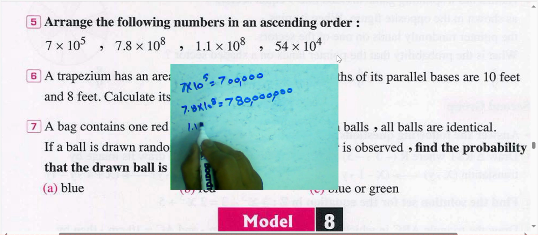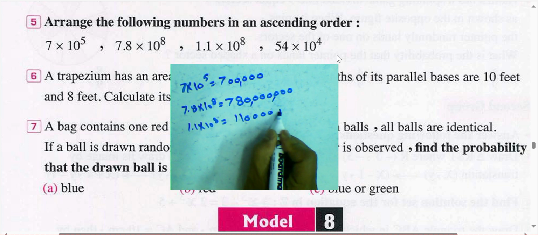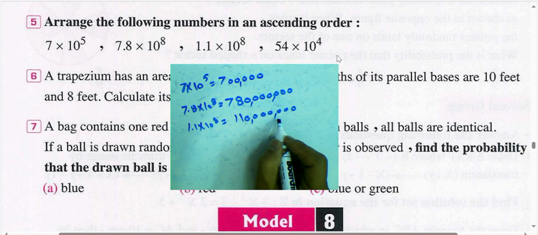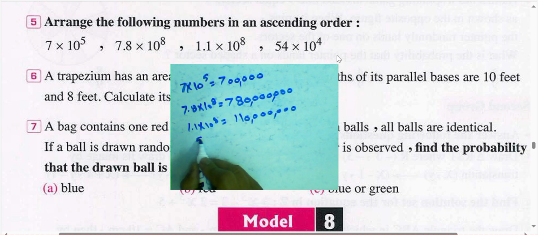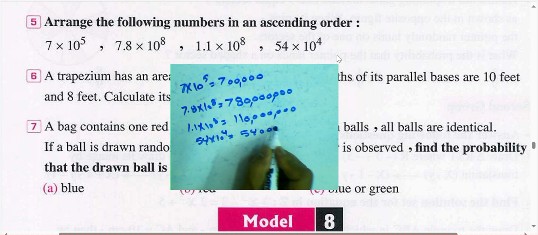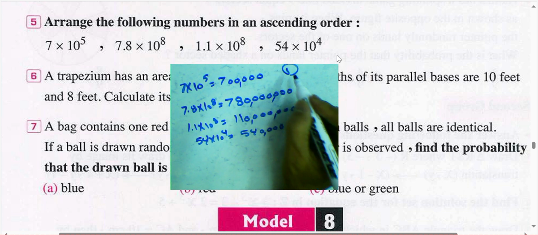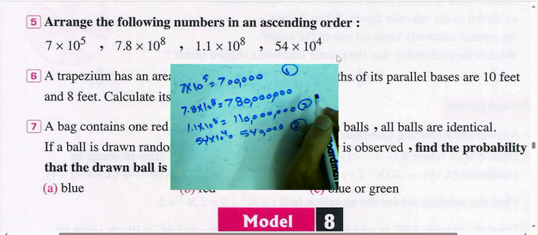And what about 1.1 times 10 power 8? 1, 2, 3, 4, 5, 6, 7: 110 million. And 54 times 10 power 4: 54, then 1, 2, 3, 4. So the smallest number here would be 1, this number would be 2, this number 3, and this number 4. Okay,